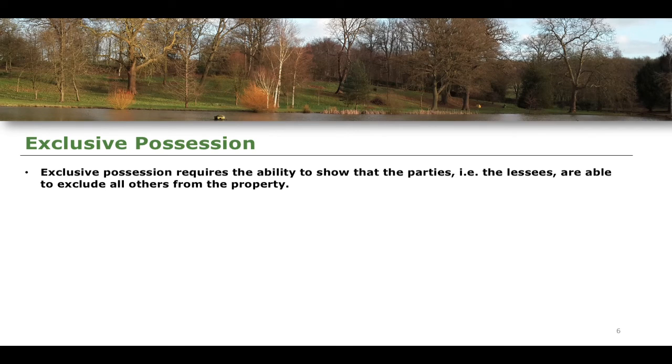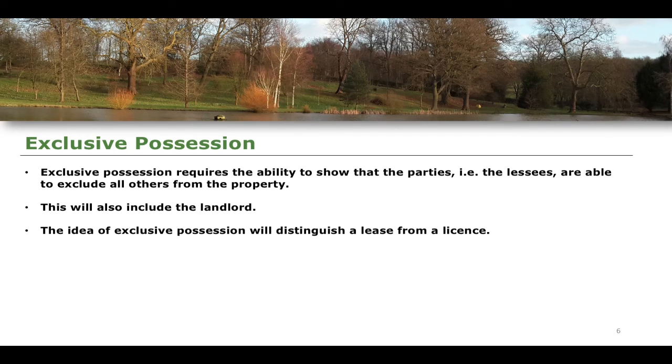The difference between a freehold and a leasehold is the certainty of term. It is the duration of time in which you actually have access to that property. You can exclude all others from the property if you are a lessee in a leasehold agreement. This also includes the landlord. You can exclude, theoretically, the landlord from your property as if you have exclusive occupation, which is, of course, a requirement for a lease. As I've mentioned earlier, this distinguishes a lease from a license, and the idea of certainty of term distinguishes a leasehold from a freehold. This is how we get these different types of exclusions.